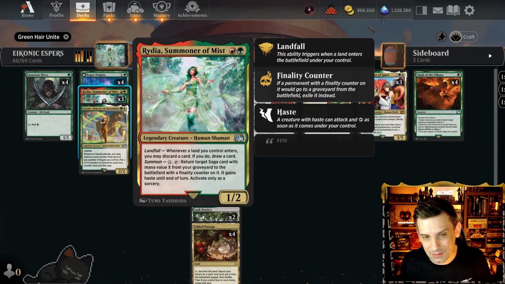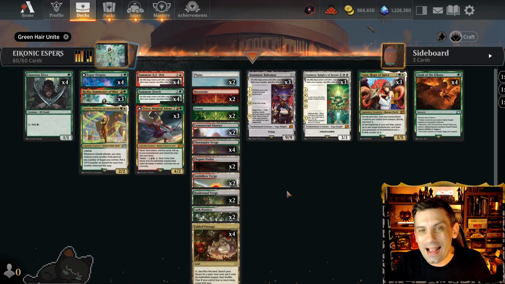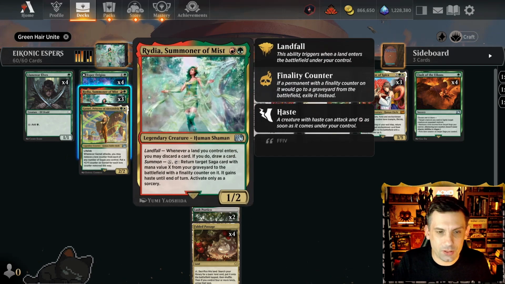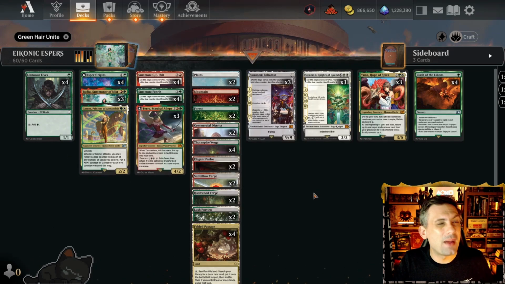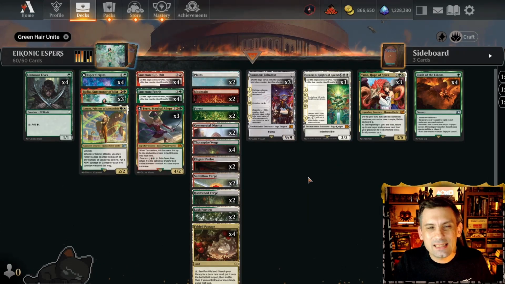And it gains haste until end of turn. So if it's one of these saga creatures, it's going to be able to attack immediately, which is kind of insane. That being said, you do have to actually pay the full mana cost, so it's not the best way to get Bahamut or Knights of the Round into play, but it is still kind of a backup option later